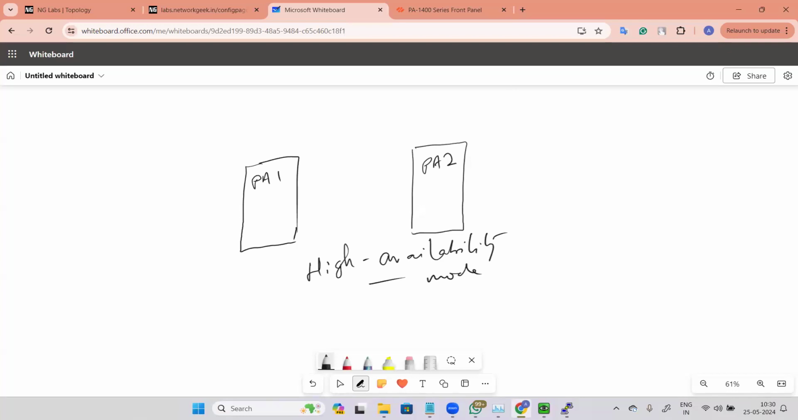High availability mode. Okay. Now, in high availability mode, one of the firewalls will be active and one of the firewalls will be passive. As in, active will be processing all the traffic and passive will be on standby. Now, in order for these two firewalls to behave as active and passive, there will be certain connections between these two firewalls, right? So this is called HA1, and this will be HA2, and these are HA ports, or